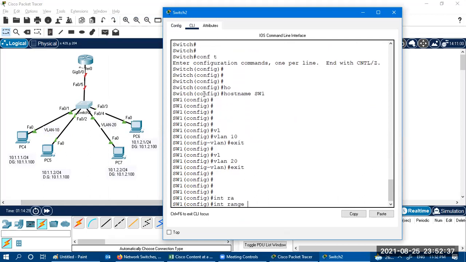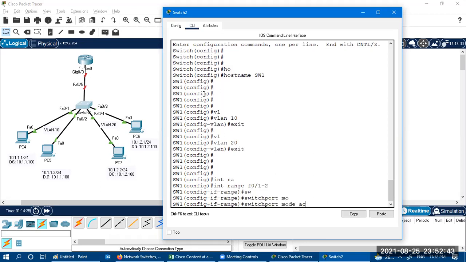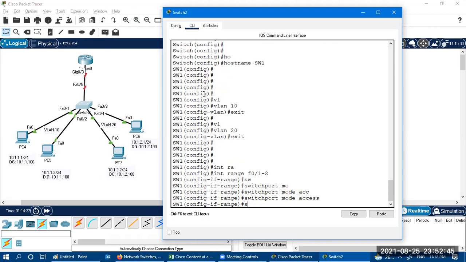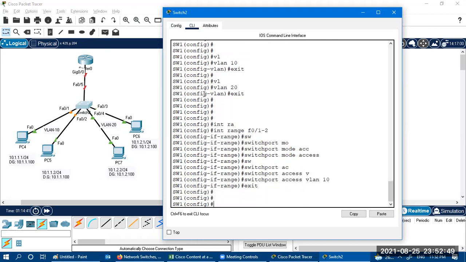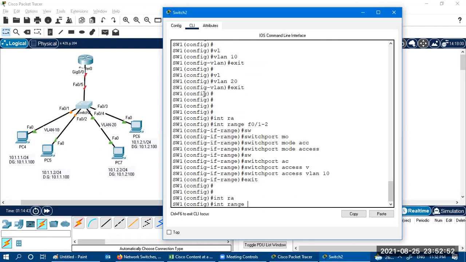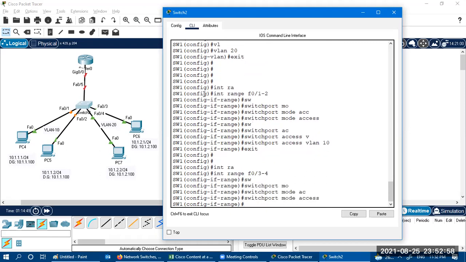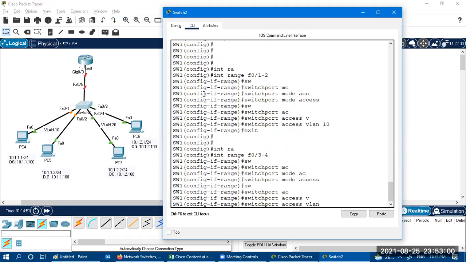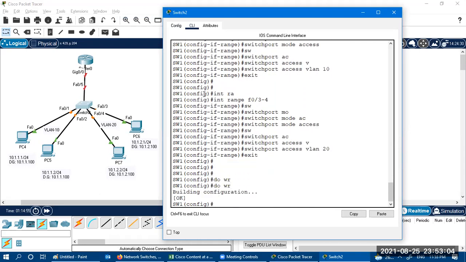Then interface range F0/1 to 2, switchport mode access, switchport access vlan 10, exit. Interface range F0/3 to 4, switchport mode access, switchport access vlan 20, exit, and do write.